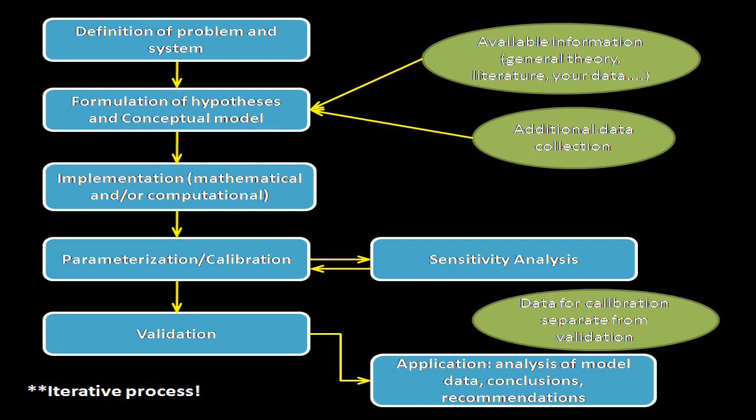For example, parameterization and calibration, putting in the numbers, plugging in those values that will make your model run, your coefficients, your rates, etc., and then calibrating it so that it actually makes sense in light of the real world. And your sensitivity analysis or other types of performance analysis will let you know if your model is